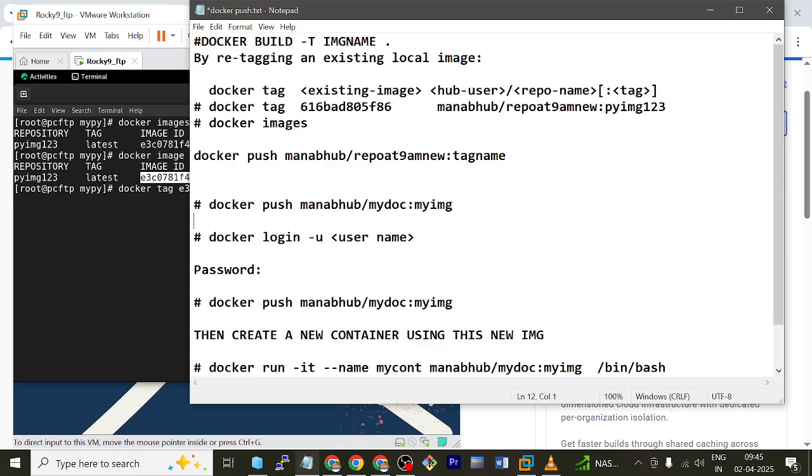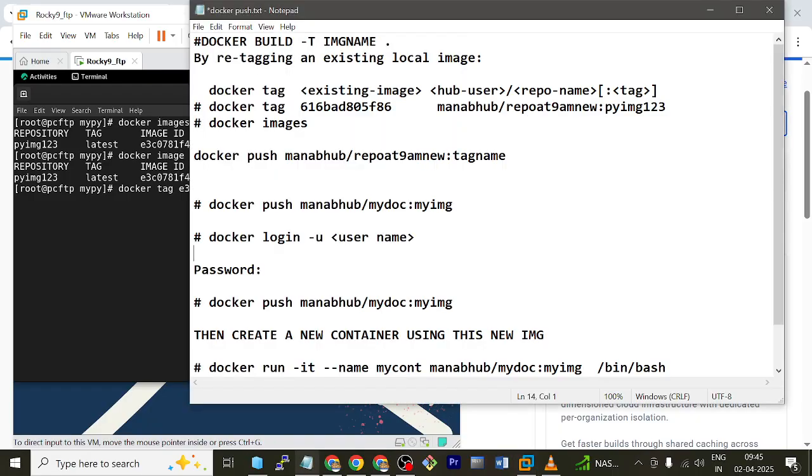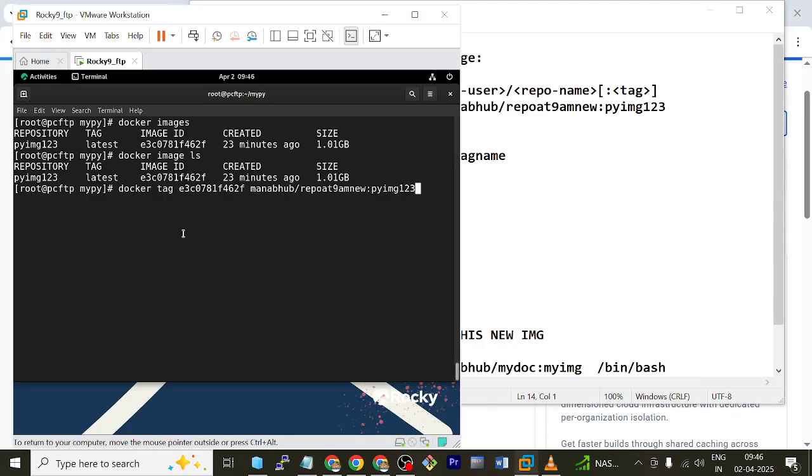So I'm just going to copy this one and paste it. So command is perfect. Docker tag the id, the tag, and then hub user, repo name and tag. Again check it. हाँ बोलो बोलो. Tag is complete image name plus repo plus